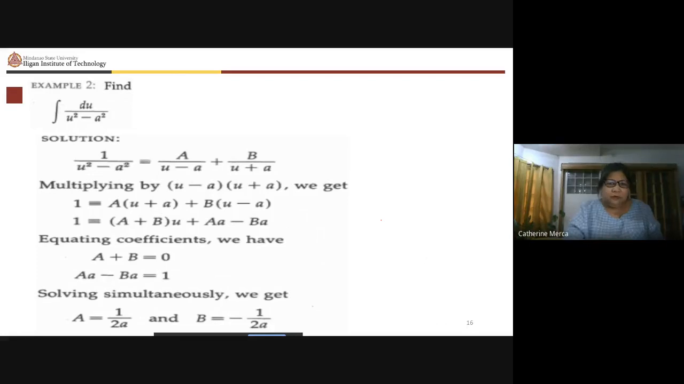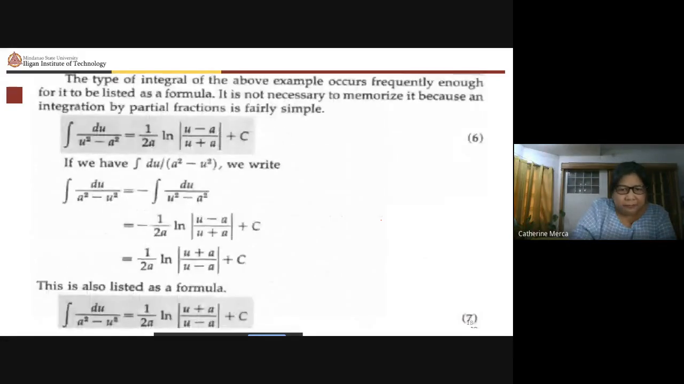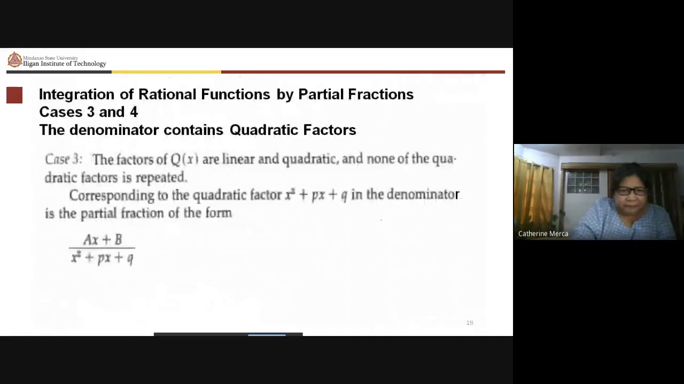This one would lead to a formula. So we'll not discuss that one anymore. You can take a look at that one later on. And this one is the formula that is derived from that. So the other cases would be